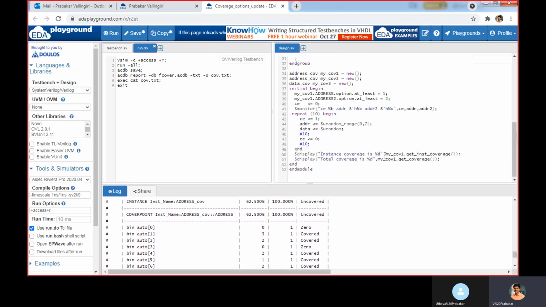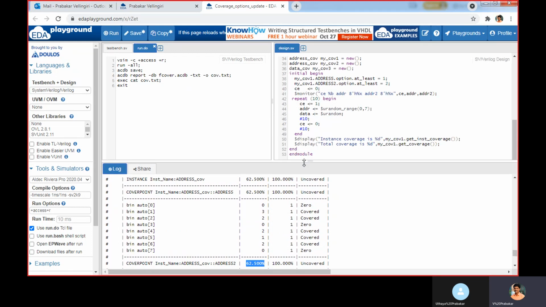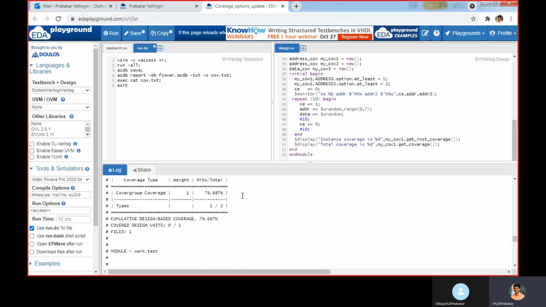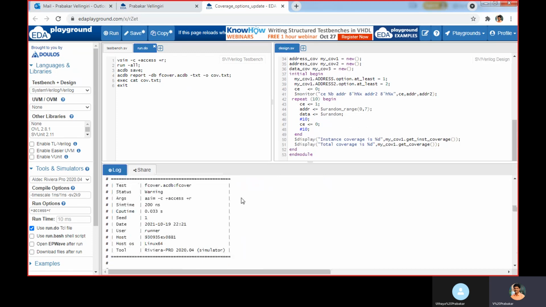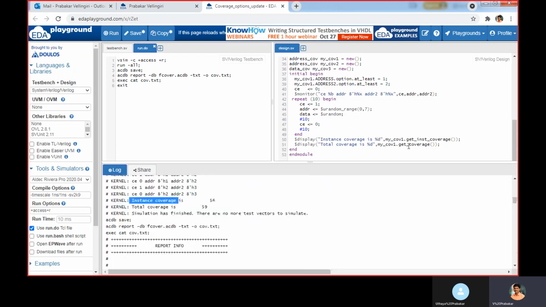Then the method get_inst_coverage. These are all the methods used to get the coverage result. Here we are getting the instance coverage.